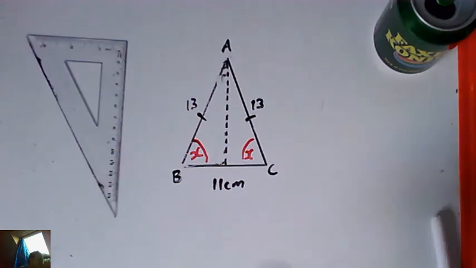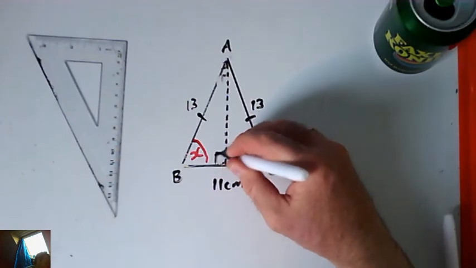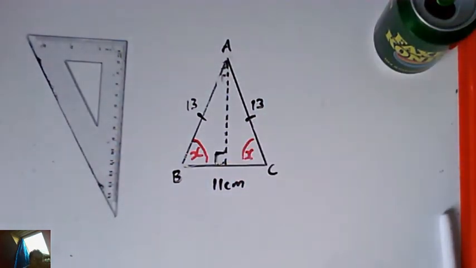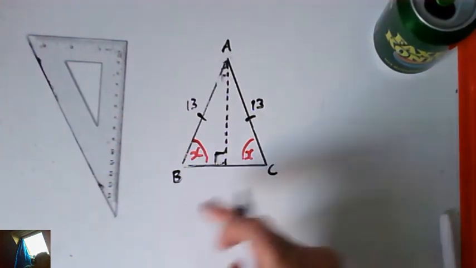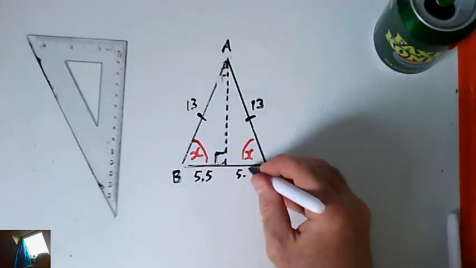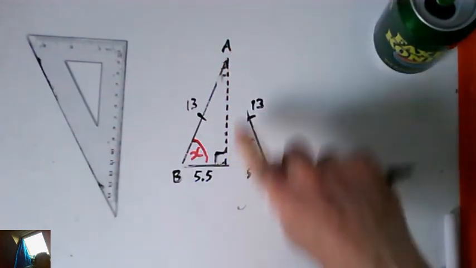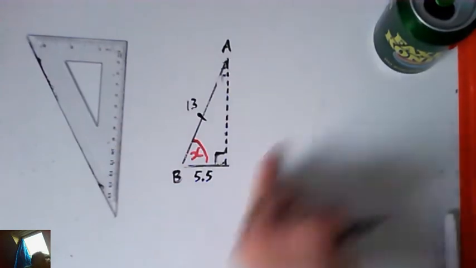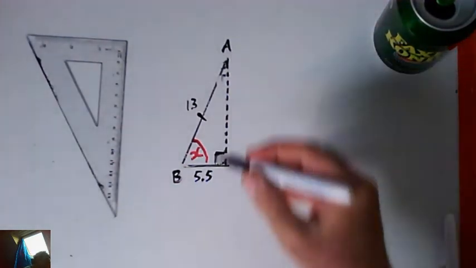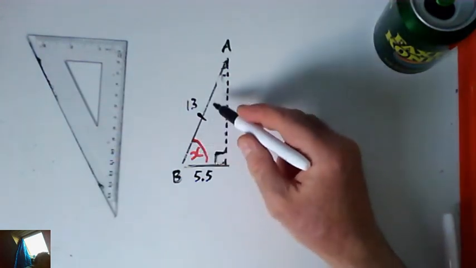And then when you drop a vertical line down the middle of an isosceles triangle, it splits it into 2 right-angled triangles. So we've got 2 right-angled triangles there that are exact reflections of one another. So if that's 11 along the bottom, then it splits it into 5.5 and 5.5. So if we're trying to find out what x is, we only really need to bother about the right angle triangle. So rubbing half of it out, we've got x, we've got the side 13 here, which is